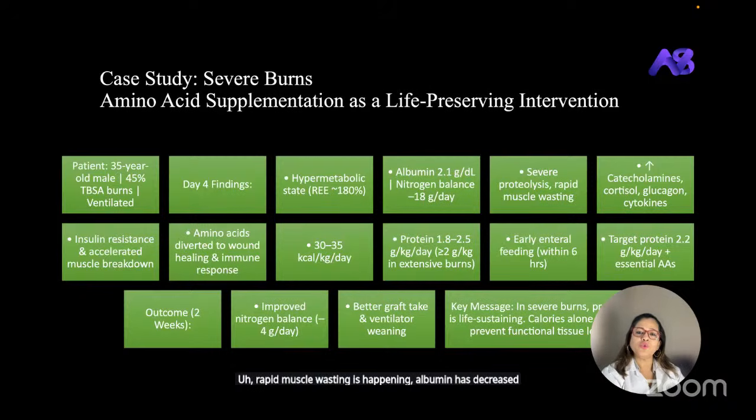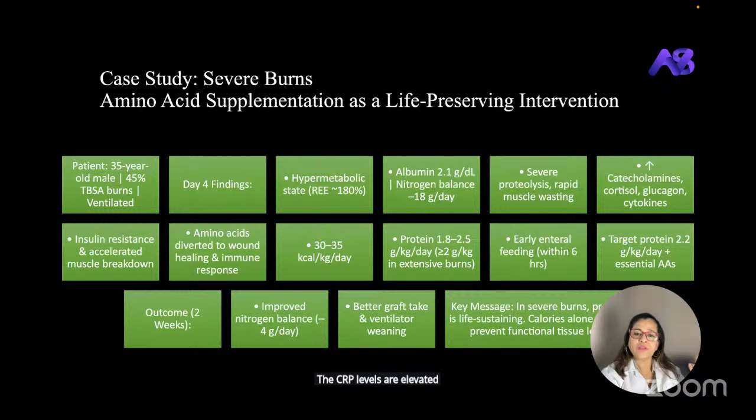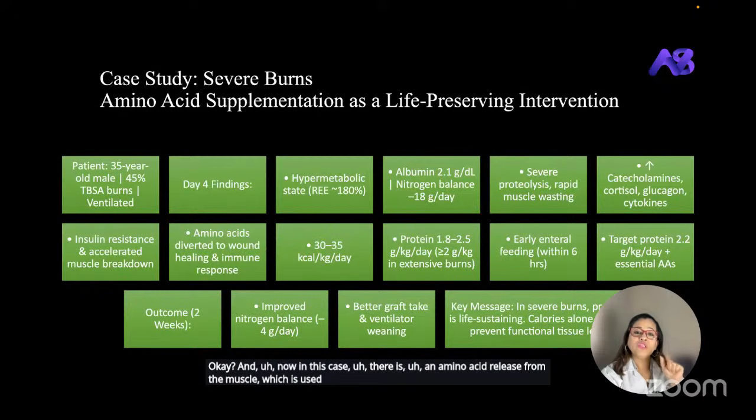Albumin has decreased to 2.1. Pre-albumin is markedly reduced. The CRP levels are elevated. Inflammation is there. Nitrogen balance is minus 18 grams per day. Okay, so pathophysiologically, major burns cause an intense catabolic state, and hormonal and inflammatory drivers are markedly elevated. Now in this case there is an amino acid release from the muscle which is used here for wound healing, collagen synthesis, immune cell